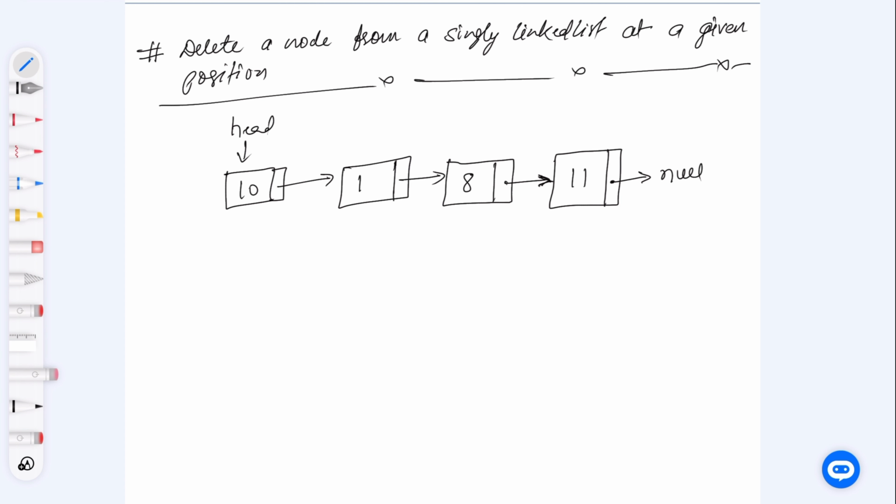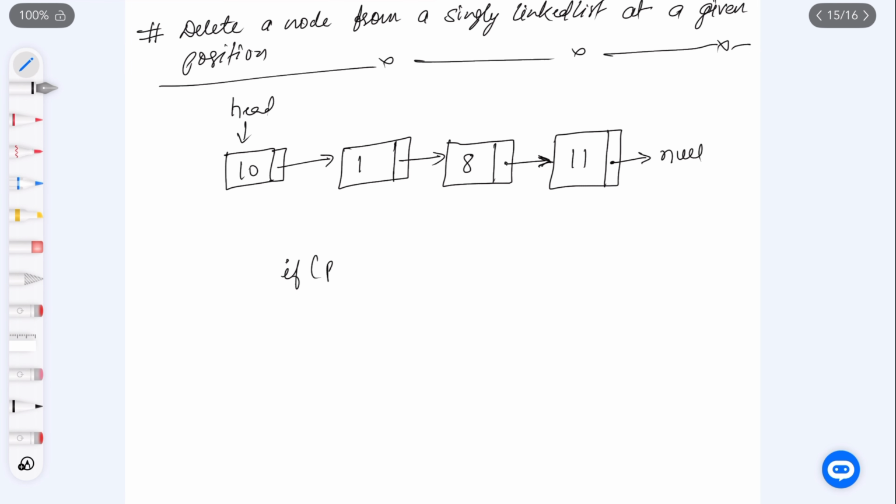So think of it like we have been given this node, and we want to check how we will delete it. Very first, we know how to delete a node, but we have been given a position also. So let's suppose we define a method, and we have been given both things. So we'll say, okay, if position is equal to 1. If position is equal to 1, it means what? We will say that